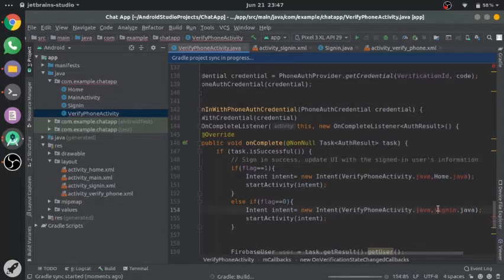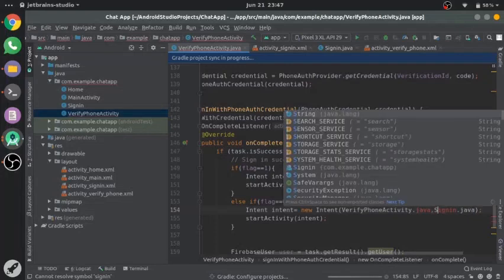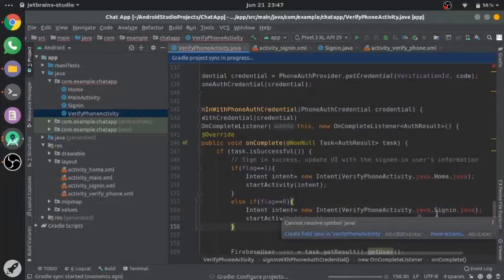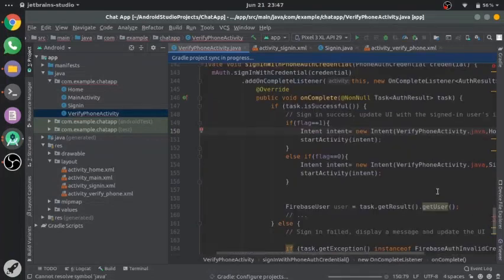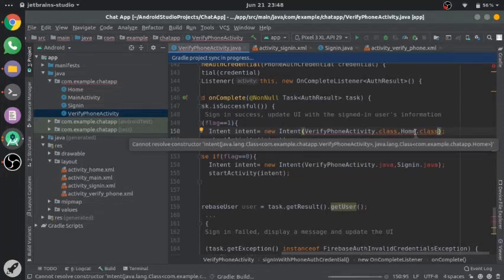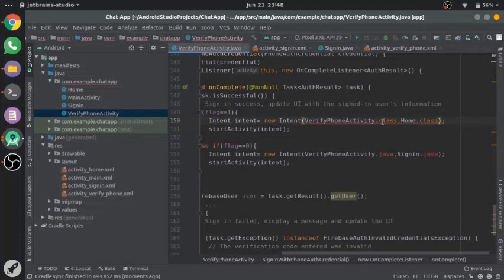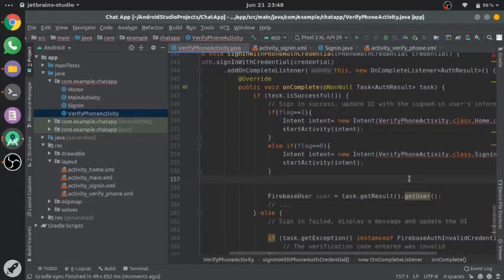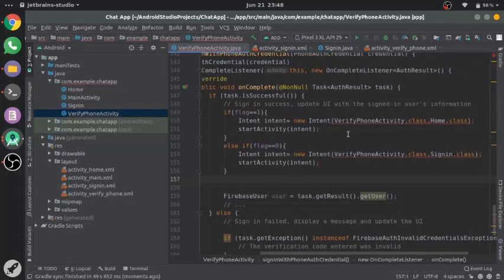It's capital S. Sorry, it's class. What's wrong in this? Anyway, you can create the intent.